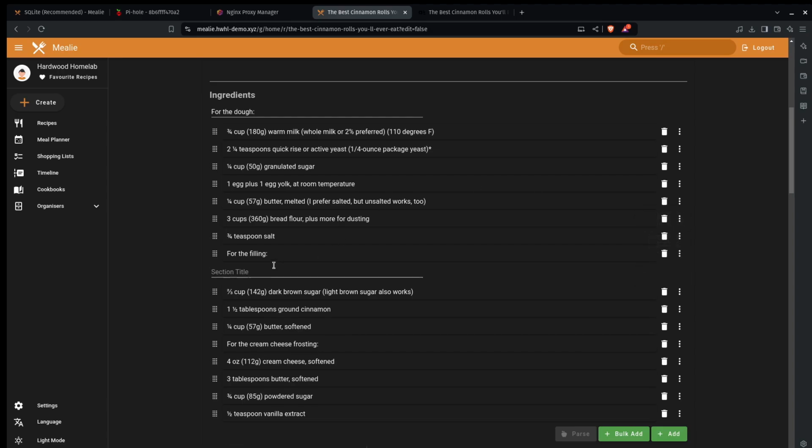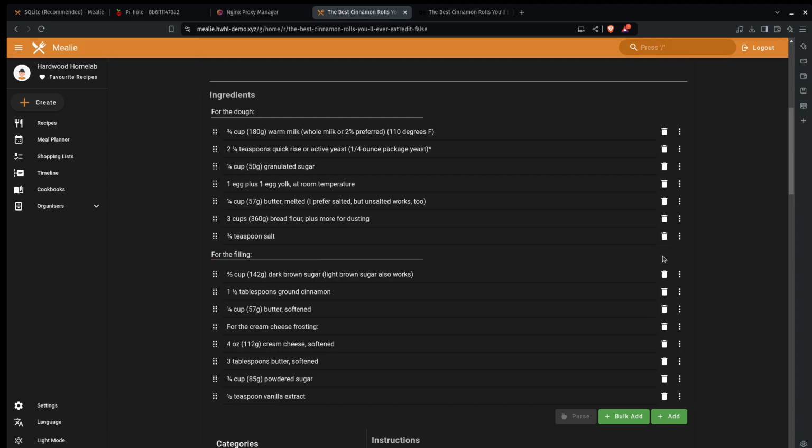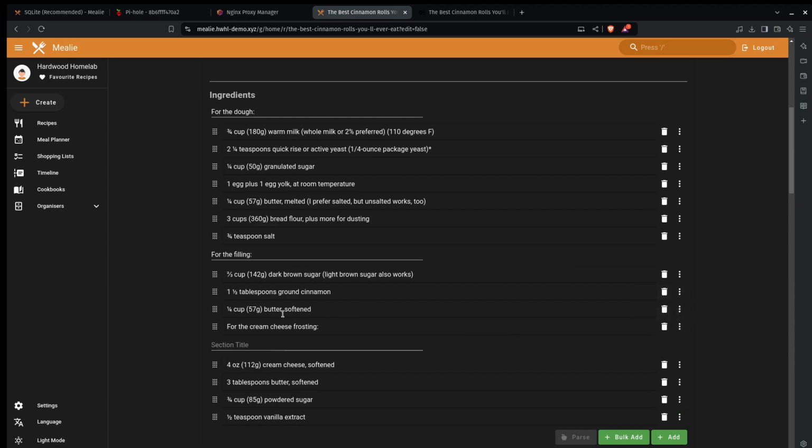toggle section. I'll copy this and paste it there, and then I'll delete that as an ingredient. And for the cream cheese frosting, I'll go to the one below it, toggle section,